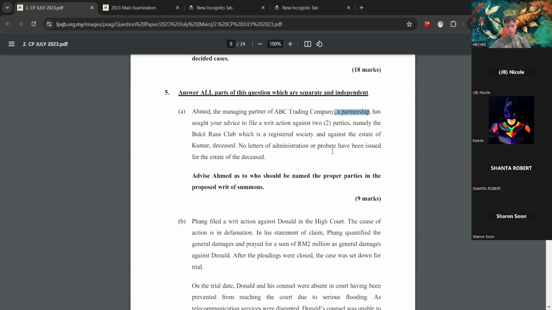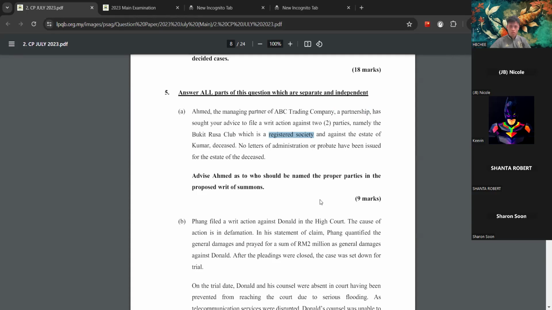Now, the problem arises on the defendants. First one, Bukit Rusa Club, a registered society. So pursuant to Section 9C of your Societies Act, the public office, the name of the registrar has to be the defendant. If there is no registrar appointed, then you can go for the office bearers like chairman, secretary, and anyone holding